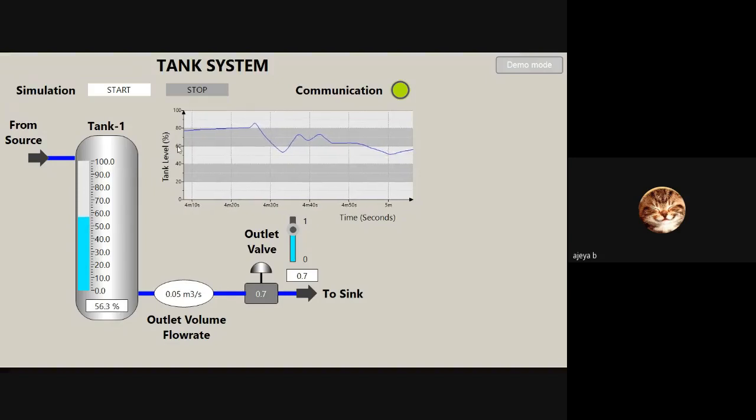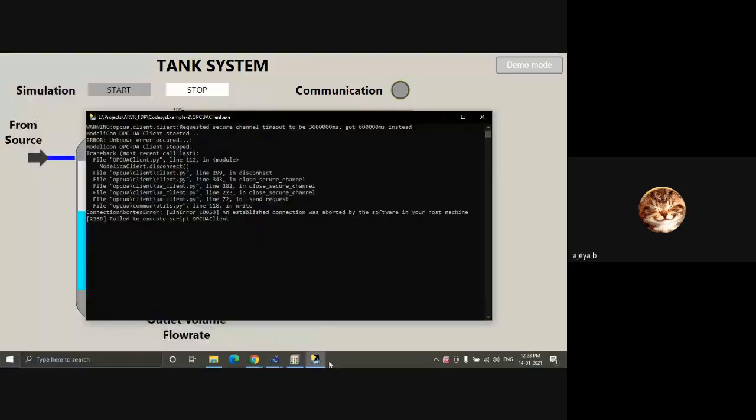Now this is running. So now if I click simulation stop, it stopped at this value, and then communication went red. So the script will say the client has stopped. From CodeSys side it is stopped. So we have terminated the connection. It's closed. On the Modelica side, if you see, it says 100%. At the end, it will say that process simulated or completed.